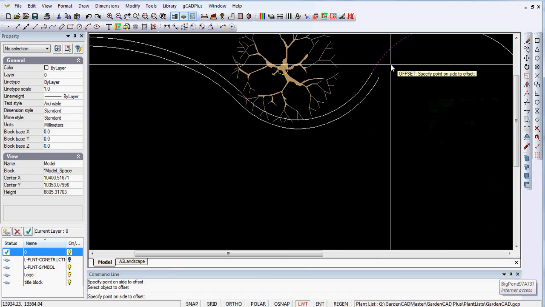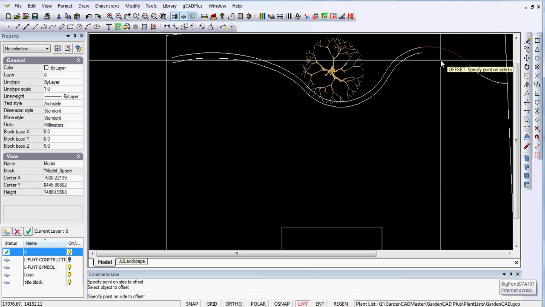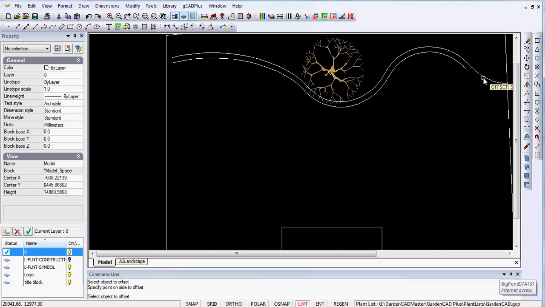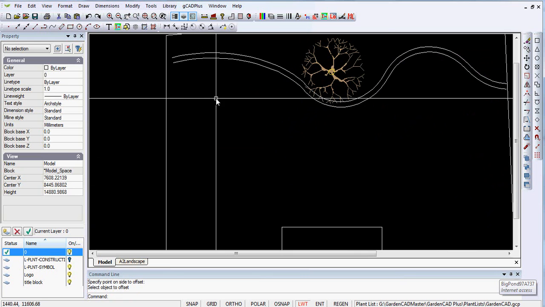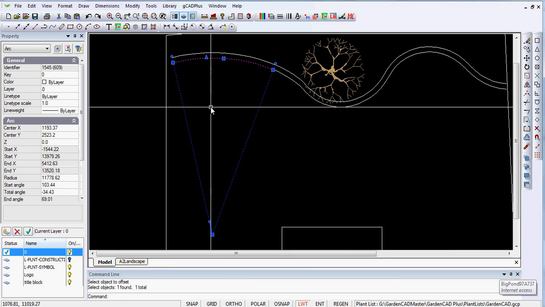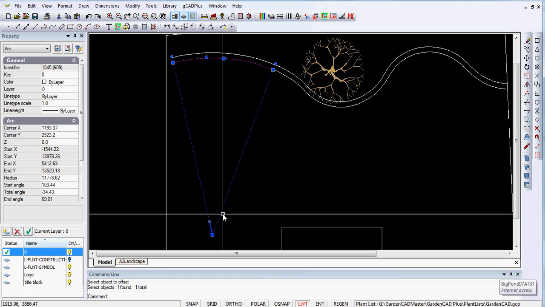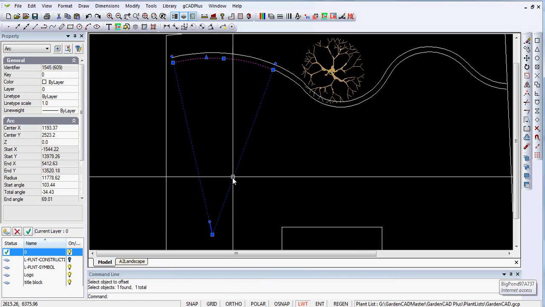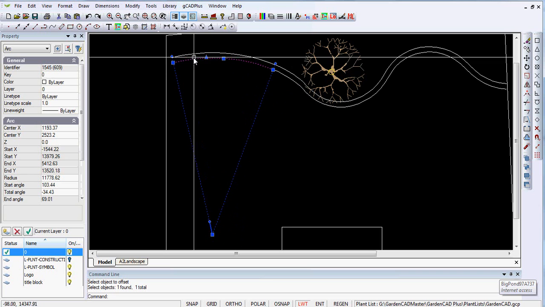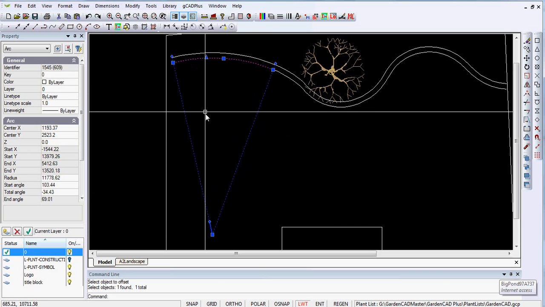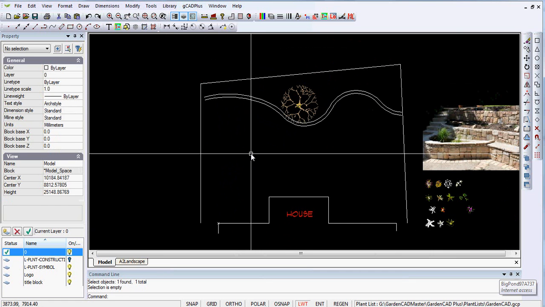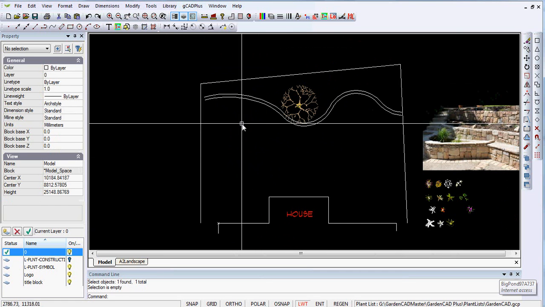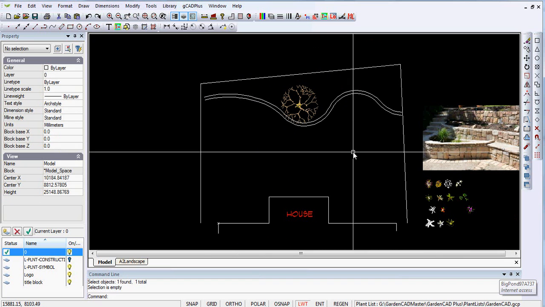Now, although this is a little more tedious than had we joined the polyline to form one entity and we could have offset in one go, it offers us the possibility, if we should need to, to nominate these points here. We could even dimension so that we could get a string line or a series of lines accurately delineating that arc. You might decide that that's not what you want and that your construction team can satisfactorily create a shape